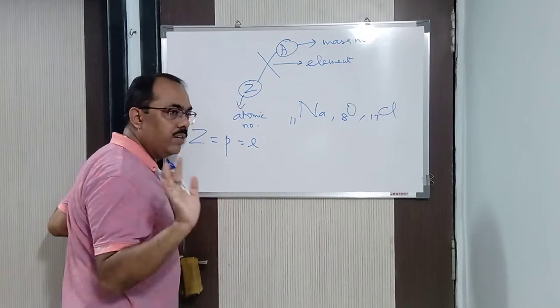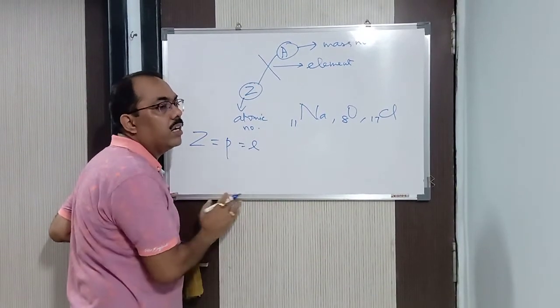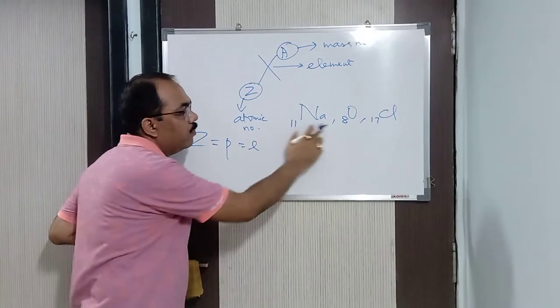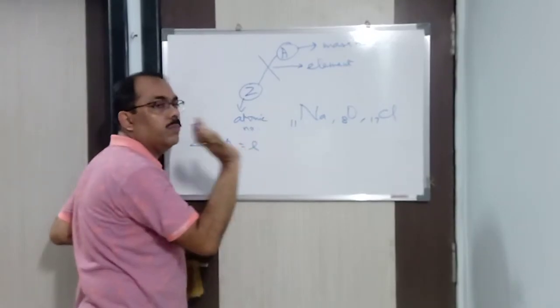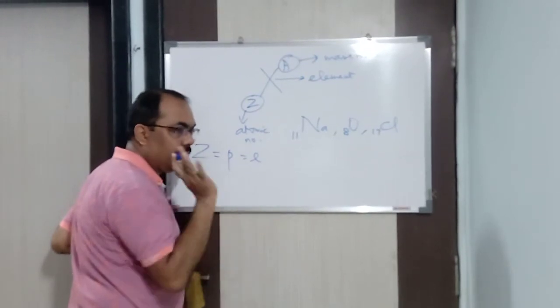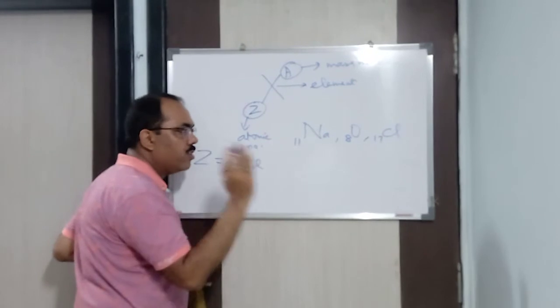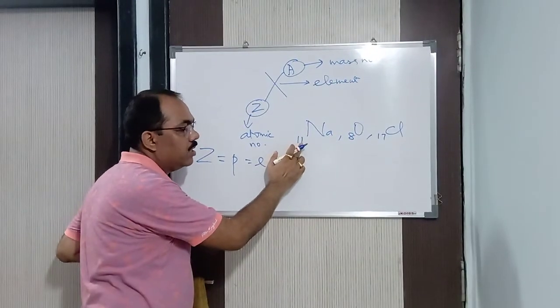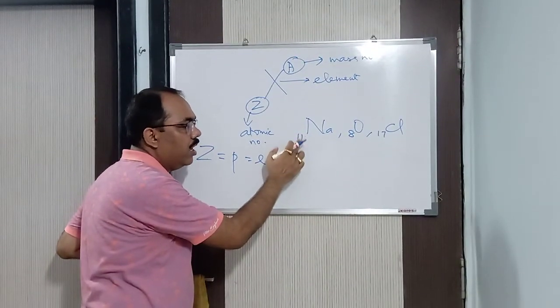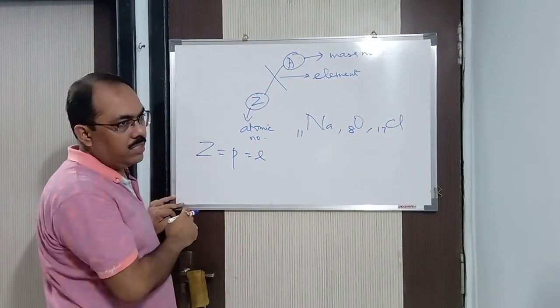It is never the same. The same thing applies to elements also. One element differs from another element. How does it differ? On the basis of atomic number. Atomic number cannot be the same; it is identical to an element. For that reason I said atomic number is a fingerprint of an element. One element differs from another on the basis of atomic number, that is, the number of protons, which is equal to the number of electrons.